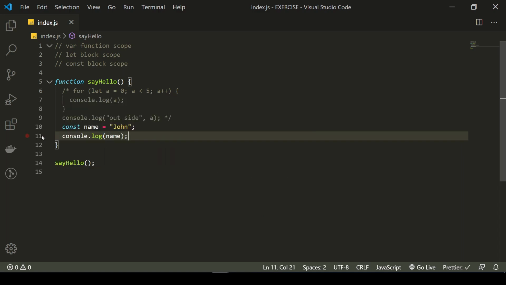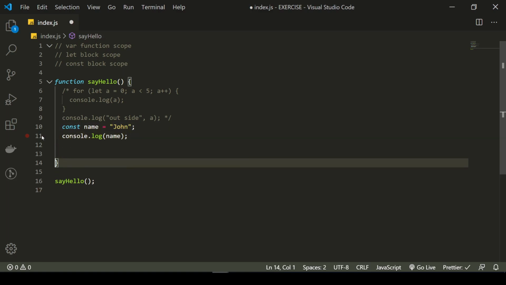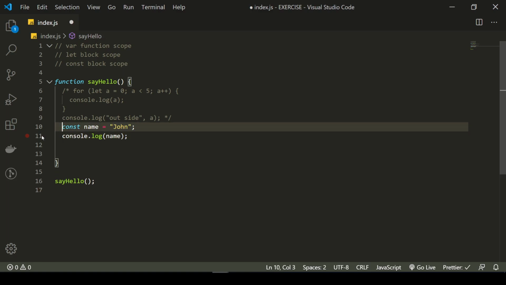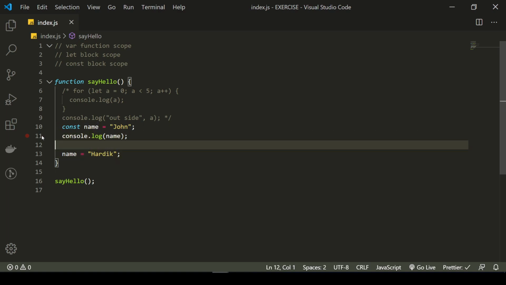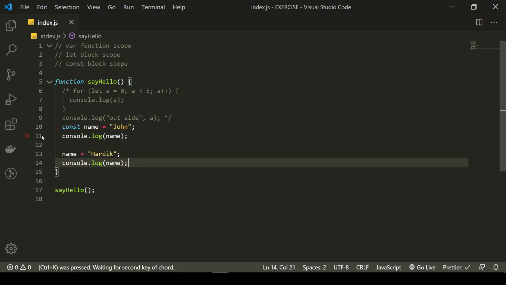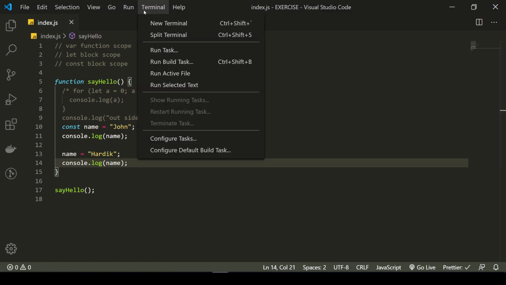Now if I try to redeclare the same variable with a different value, or if I try to override it, let's say with Hardik, and then again try to do the console.log, let's see what we get here. I'm going to run this program again.